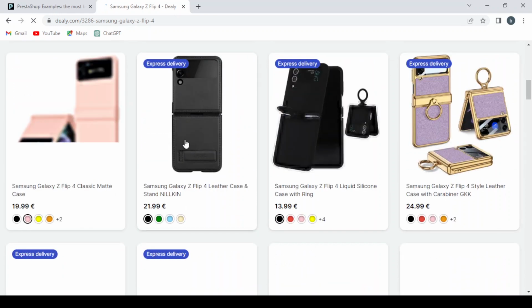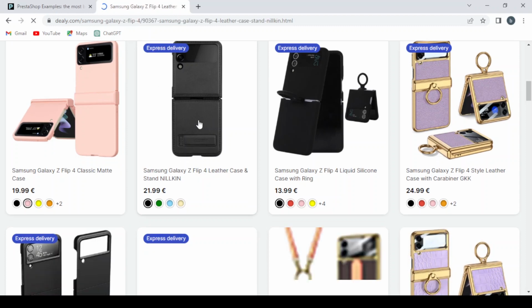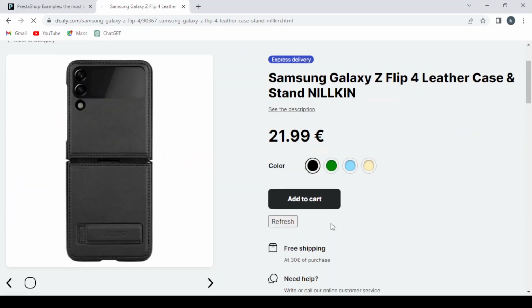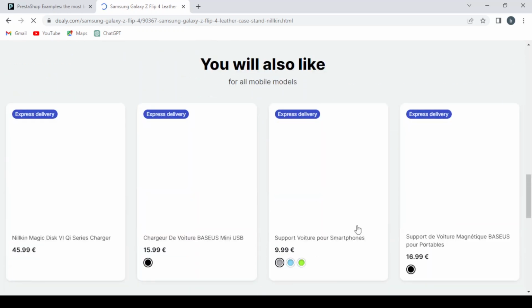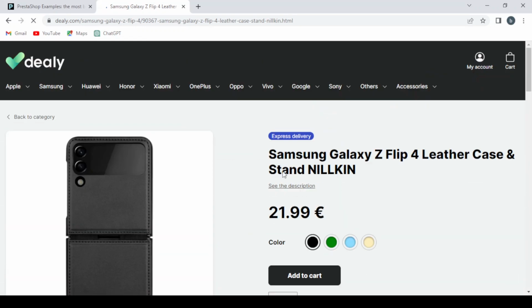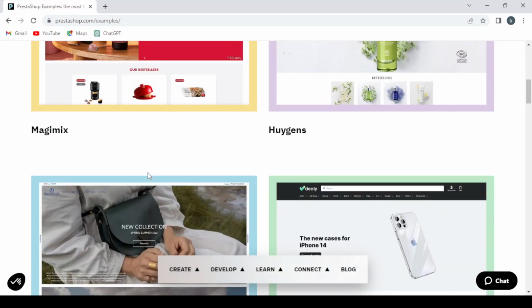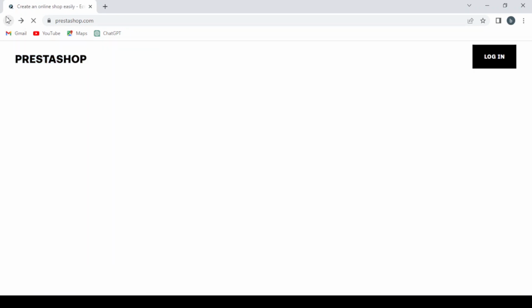You can buy from here. You just click the product, and here you are. You can choose the color, add to cart, or refresh. So you have the free shipping, the help, description. So it's a well designed store, as you can see. It's a very good example. So let's close this one. So you can scroll and see other examples if you want, but let's go back and let's get started with